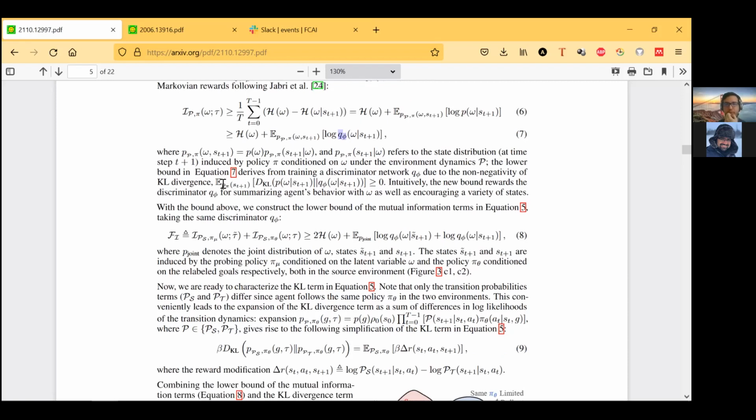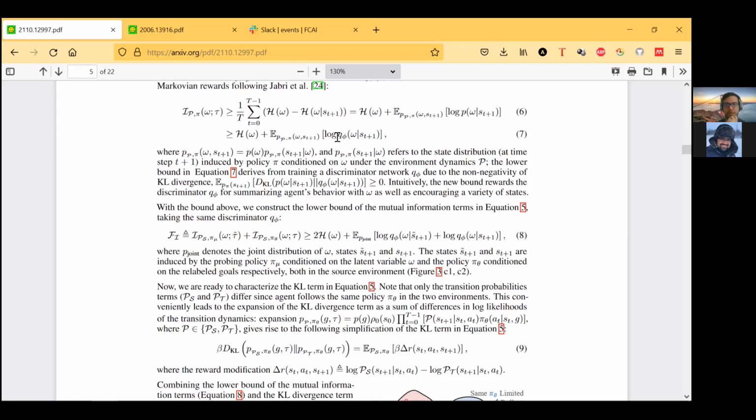Because from the positivity of the KL, we know that this term will be smaller than this term, because this term minus this term is the KL between this distribution and this distribution, and this is always positive. But yeah, so now it's something that you can actually implement and easily compute and also solve by reinforcement learning,